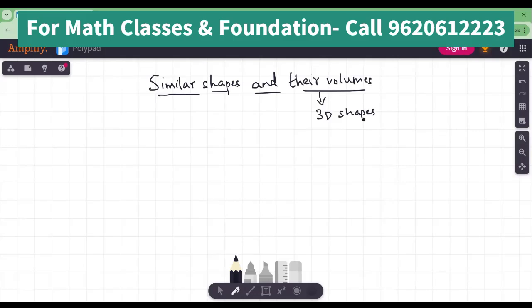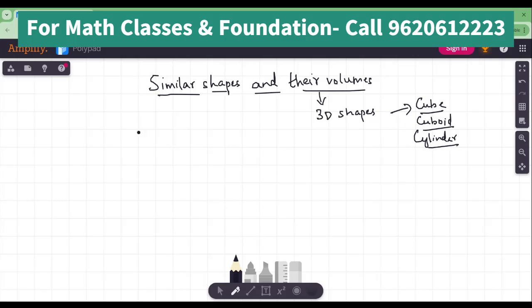Before we learn about this topic, I would encourage you to learn about the volume of 3D shapes like cube, cuboid, cylinder, and these kinds of things. You should have a prior understanding about the cuboid and cylinder. If you do not know, go back to the videos in my own channel, where you can learn how we come up with the formulas for all of this.